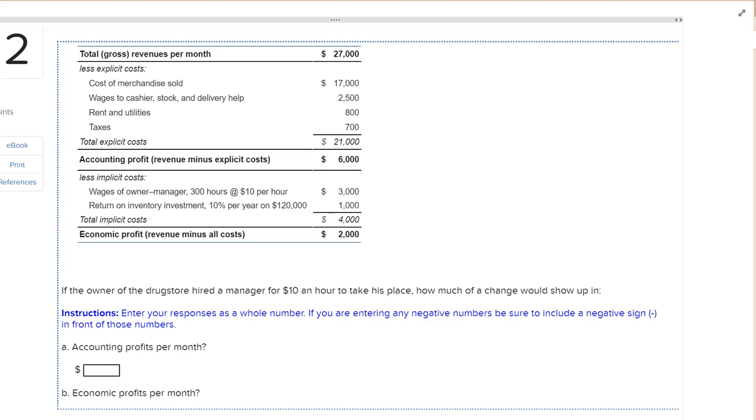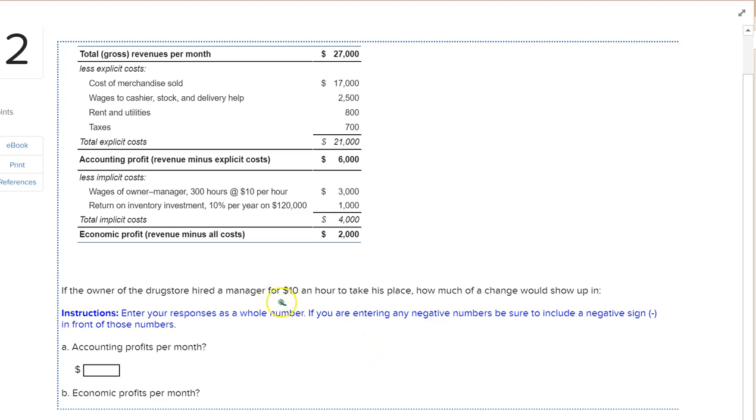The second one is asking you to recognize explicit and implicit costs. This is a bit of a repeat from the last chapter, but it's an important concept because for the competitive firm, making decisions doesn't just involve the explicit costs. The implicit costs or opportunity costs are an important part of how costs are calculated so that they get the most accurate information. So for number 2, it says, if the owner of the drugstore hired a manager for $10